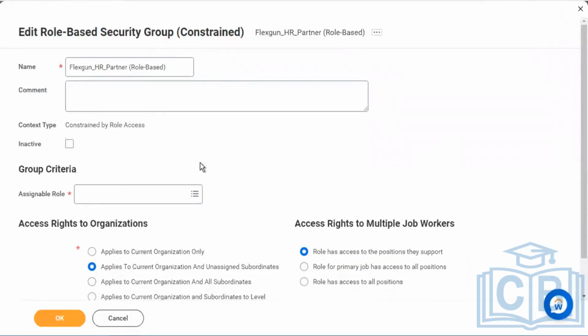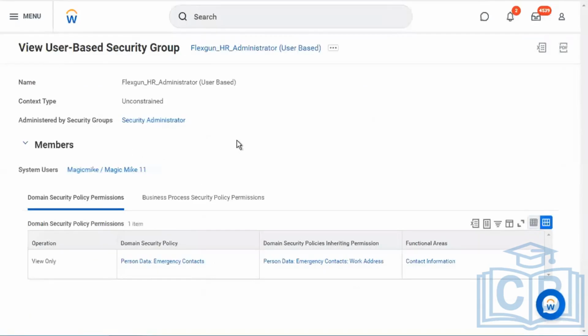Let's say if this would have been, let me change it to FlexGun Recruiter. More relatable in a real-world example. Let's say Magic Mike is a recruiter for us. Assuming he's no longer an admin, I'll remove him from here. Let me do that.